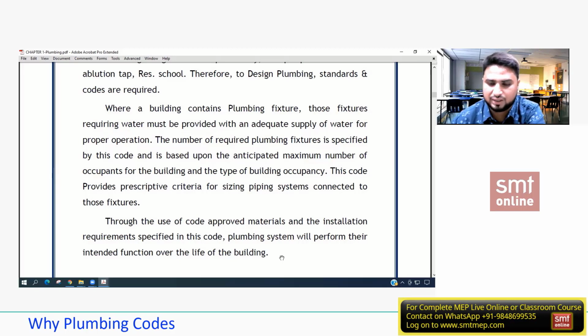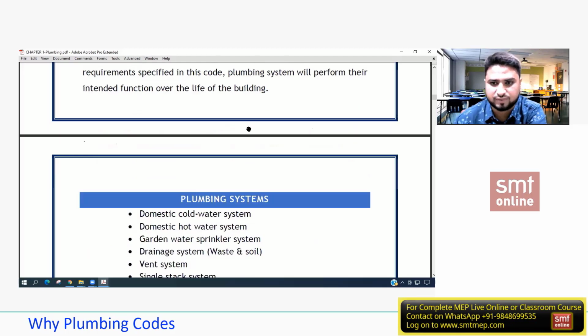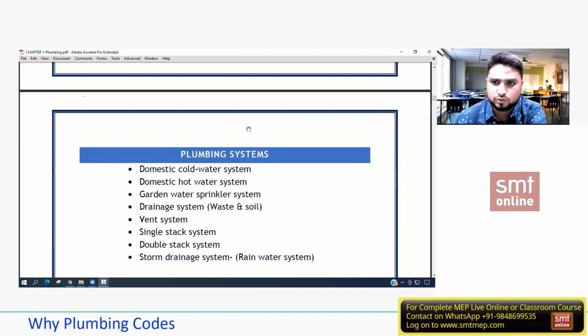For example, any project or any material we have installed, they say that the life of this project or this complete piping or material might be, for example, 20 years or 10 years. If we have not followed any standard, we have just installed on a practical basis, I can't give any warranty. It might go 10 years, it might go 15, or it might go for 5, or 3 also. Yes or no? So that's the importance of having the codes in our industry to follow, to maintain